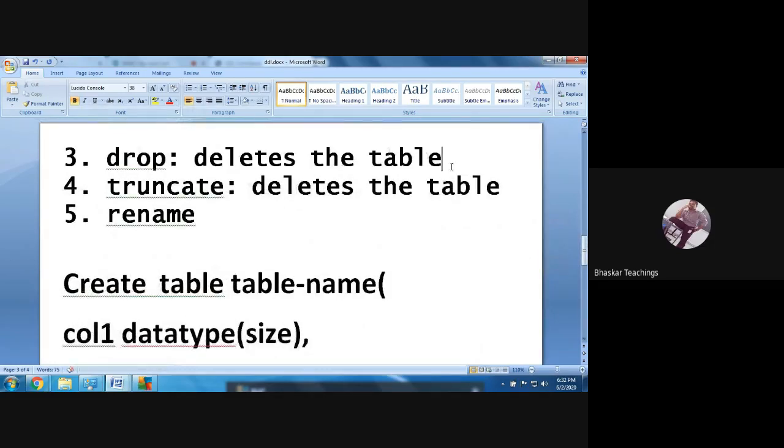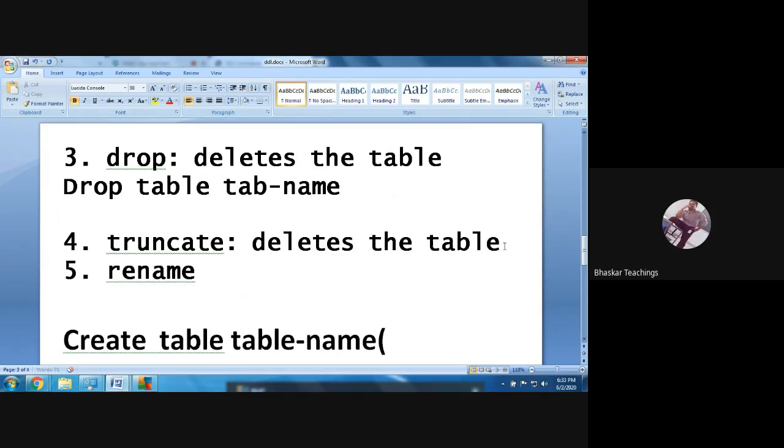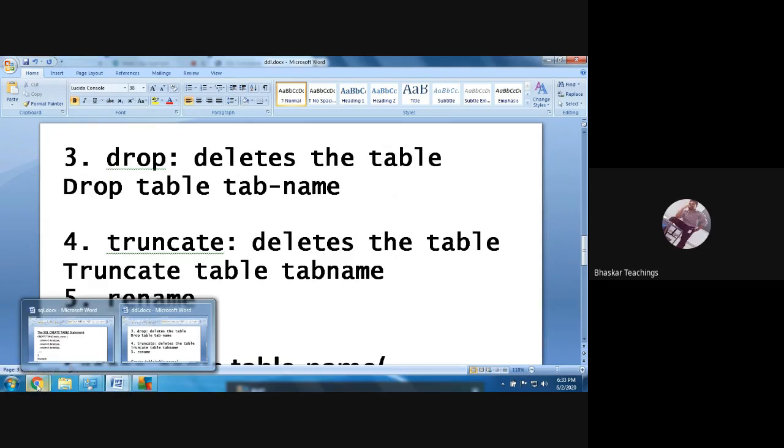The syntax is drop table table name. That's it. Nothing more, because no other conditions are there in dropping a table. It is only a single operation. So that syntax is drop table name. And the syntax of truncate also, truncate table name. The difference I have explained in the previous class. Okay, so let us check the drop command. Let's not check truncate because there is no data in the table as of now.